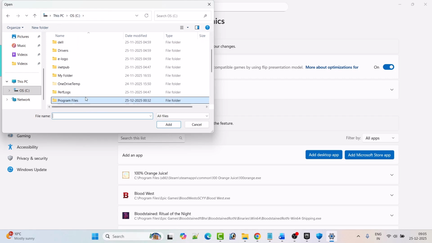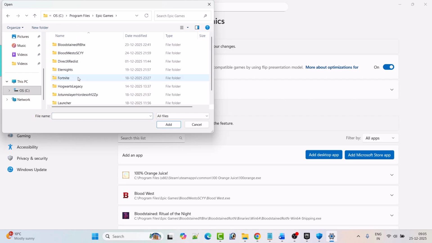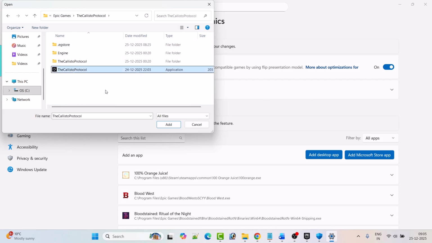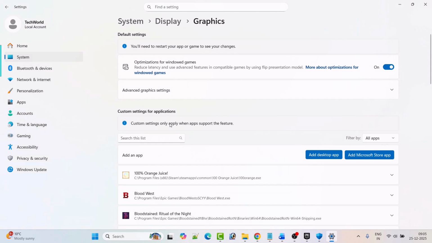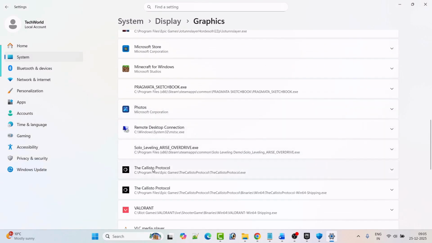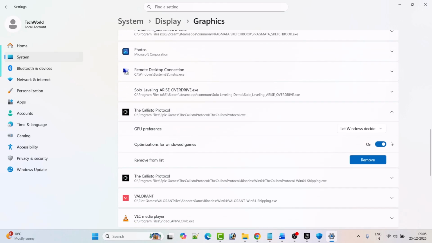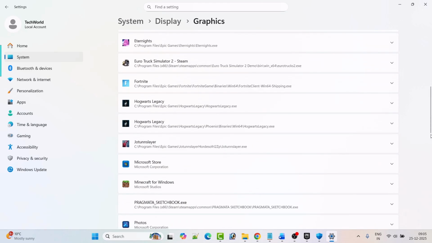So open C drive, open Program Files, open Epic Games, open the Callisto Protocol folder, then select the Callisto Protocol exe file and then click on add. Now look for the Callisto Protocol and then expand it, and next to GPU preference select high performance, and then